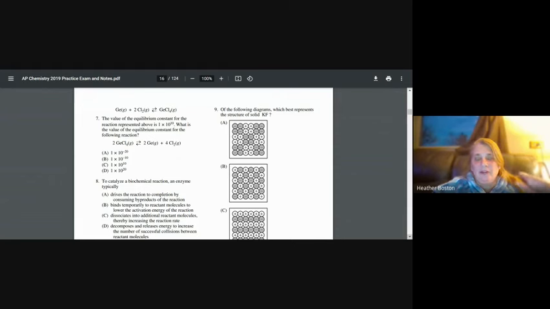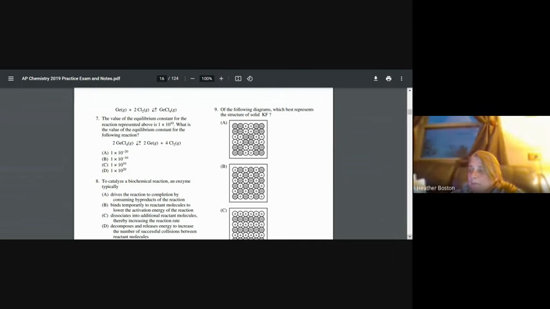Now, this reaction on the bottom is multiplied by 2. Remember the coefficient becomes the power, so that's actually going to be squared, but it's also flipped. So K for the second reaction is going to be 1 over K squared of the original reaction. K squared would be 1 times 10 to the 20th, but 1 over 1 times 10 to the 20th would be 1 times 10 to the minus 20th. So the correct answer is